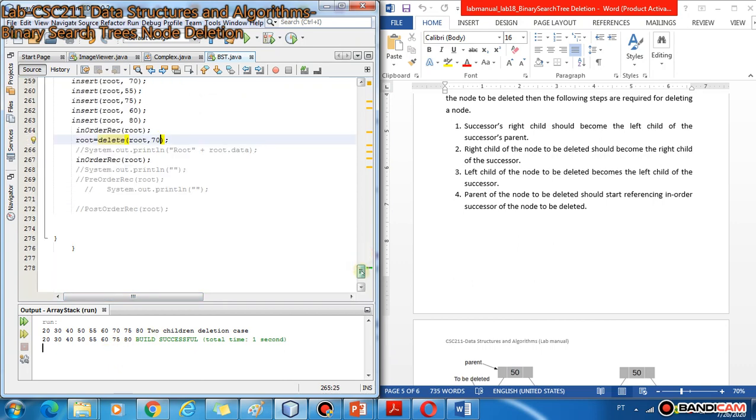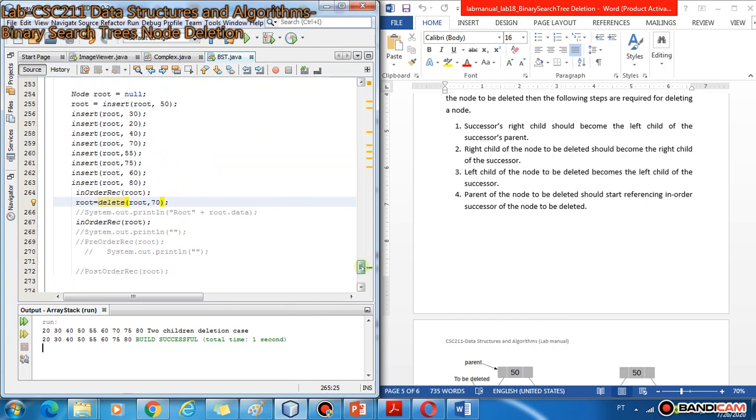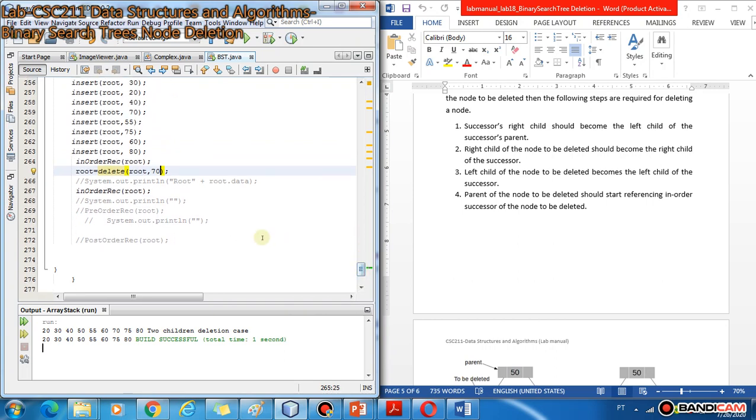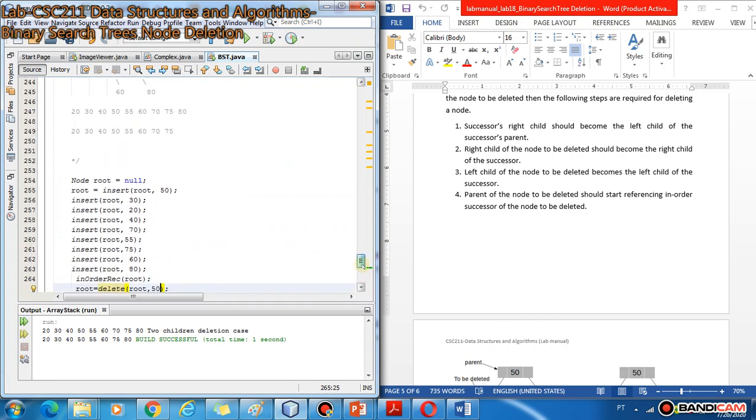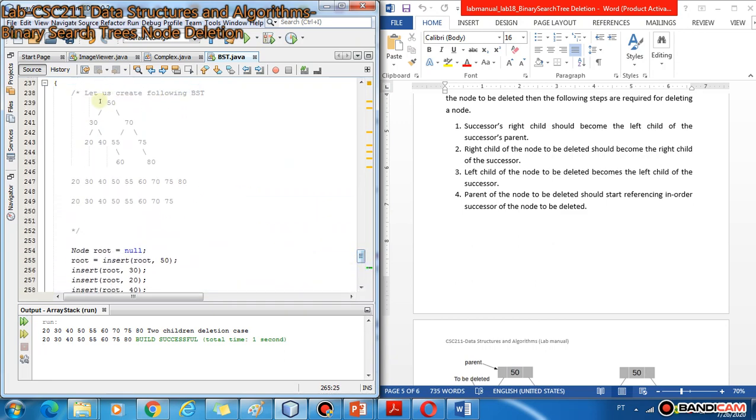For example, let's suppose we want to delete the root node, 50, of this tree. So what is the expected outcome? If this 50 is deleted, its in order successor, which is this 55, will become the root node. 55 will come here, and the right child of this 55, which is 60, will become the left child of this 70.